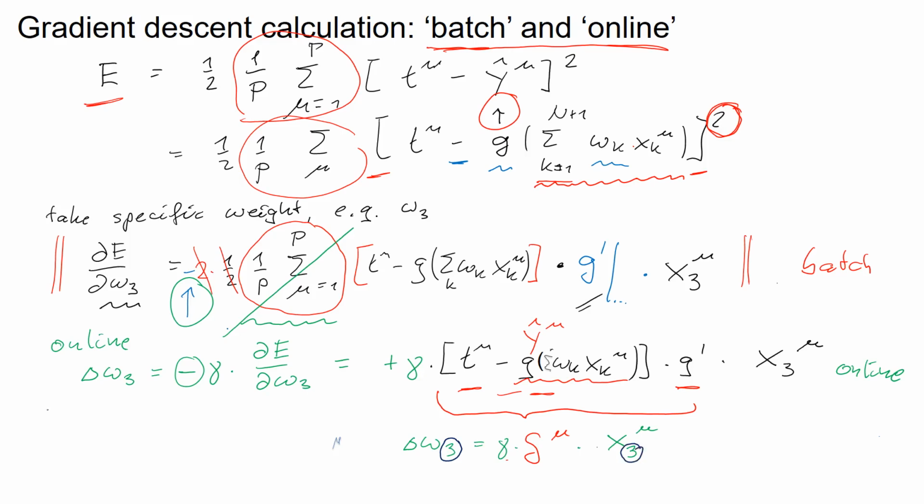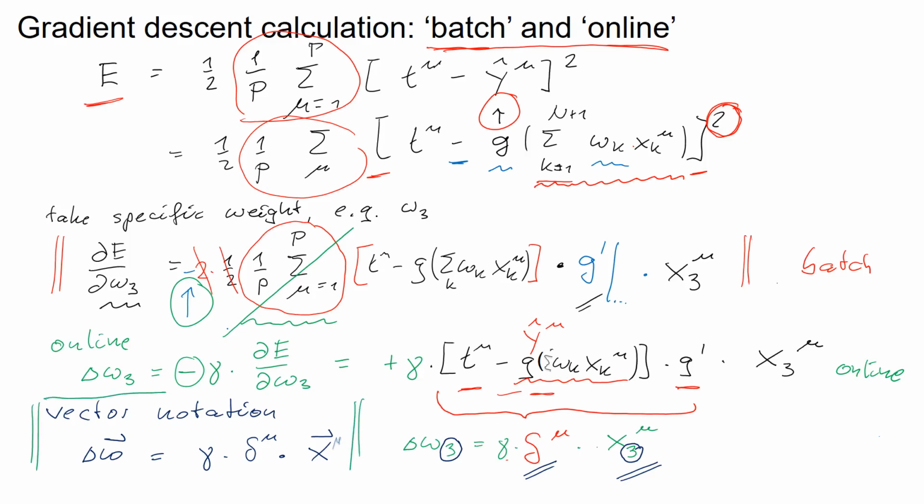So I can renote this in vector notation and say delta W is gamma times delta mu, that was the scalar, and this turns now into the vector x mu. And so this is now my online algorithm